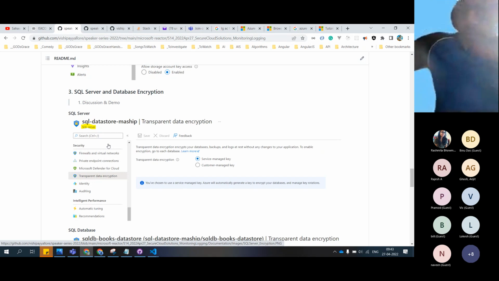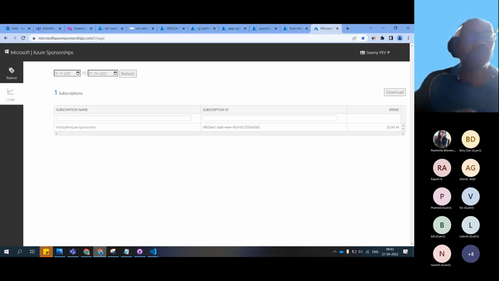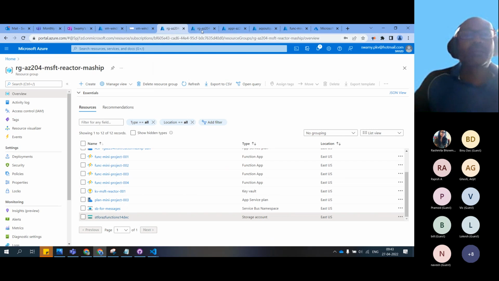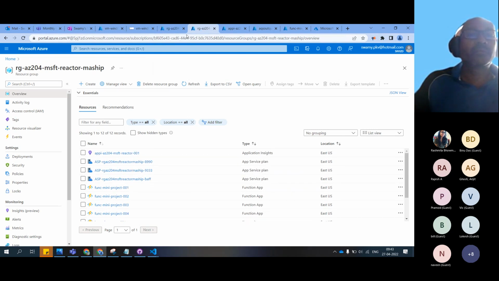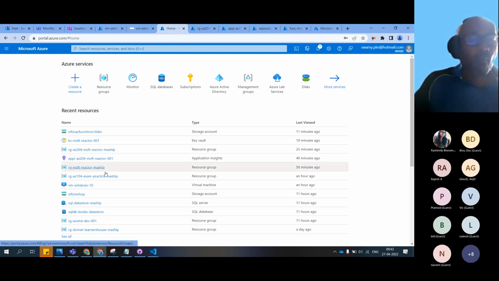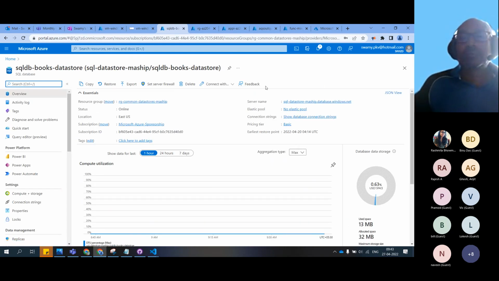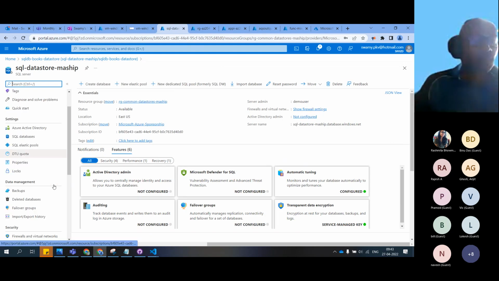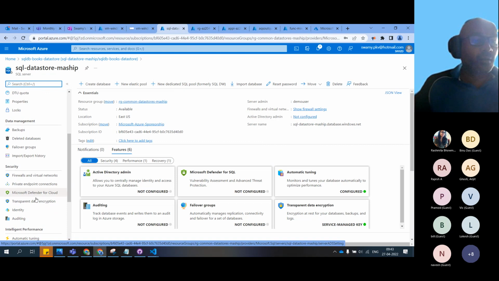Right. Let me come back over here. There is a SQL Server here. Let's go to this bookstore. So first, let's come to this SQL Server. This is called